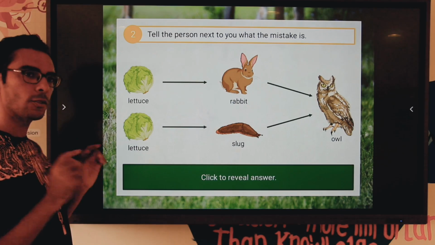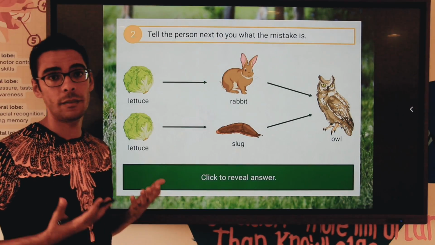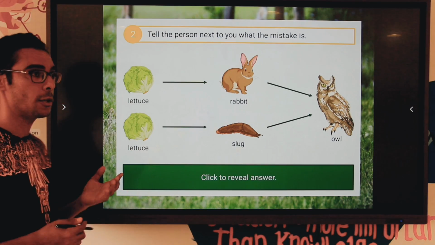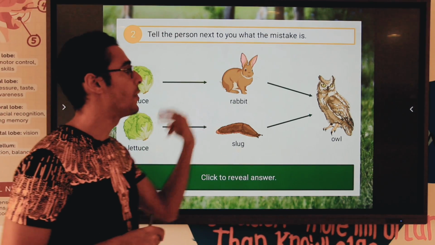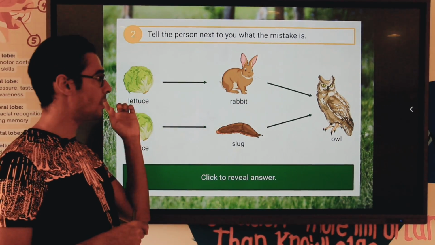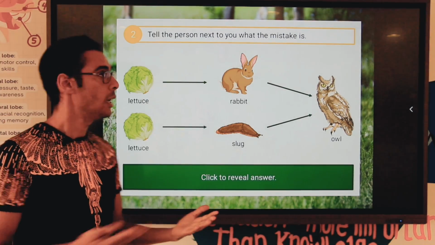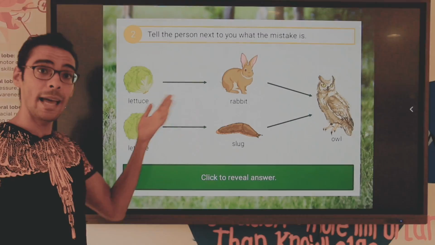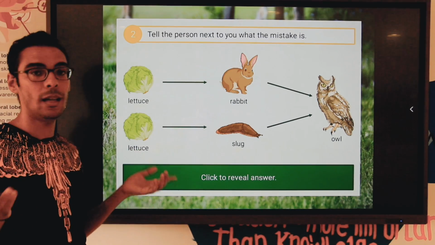I guess you catch what's the mistake. You might be thinking about the main components of the food chain. The food chain starts with the producer, then a primary consumer, then a secondary consumer. So no problem here in the flow of the first energy chain. But you know what's wrong? It's not one chain. That activity represents two food chains together. So it's not a food chain.